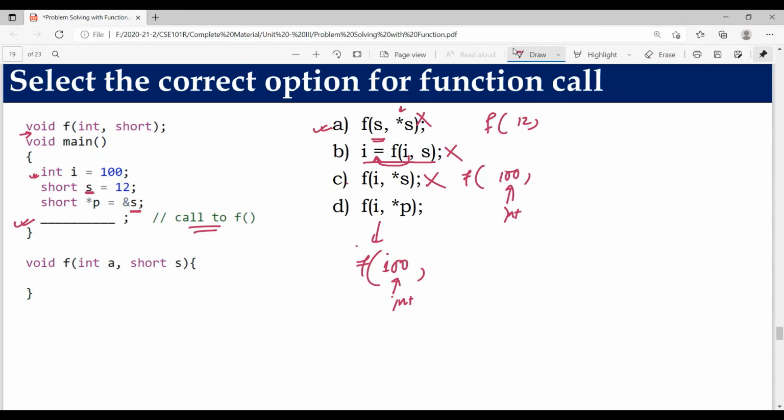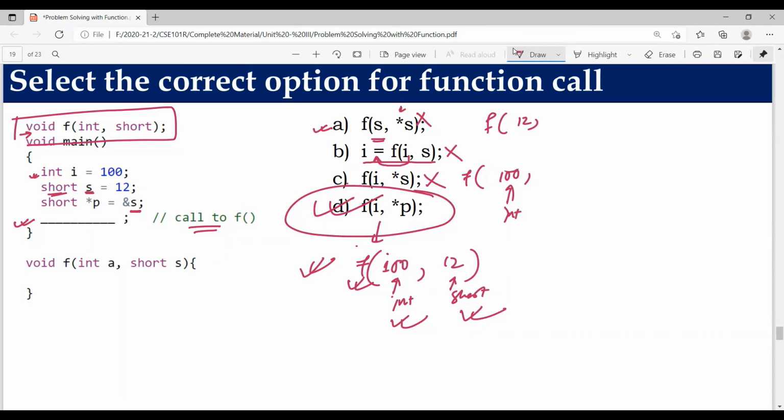So what is the type of s? Type of s is short. So we are passing its value 12, and its type is short. And it is not returning anything, that means void. Now let's see the declaration of the function. Return type is void, returning nothing, correct. Function name is f, correct. First argument is integer, second argument is short. So this is the correct answer.